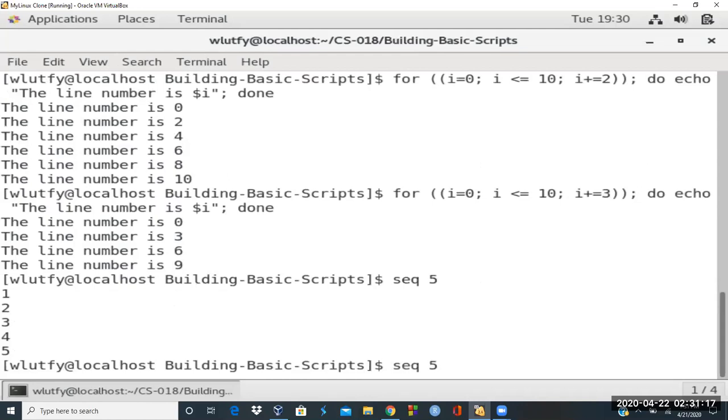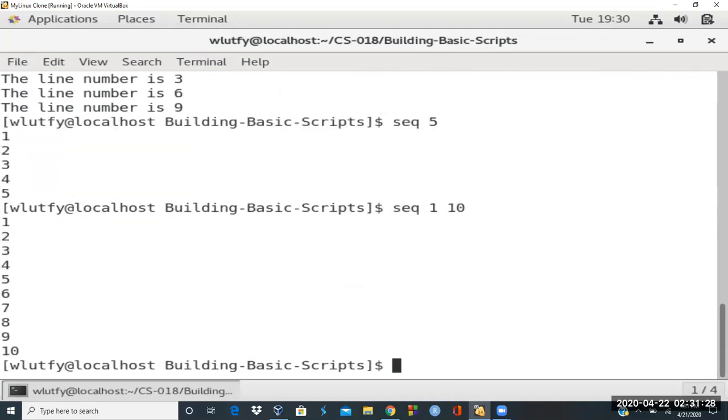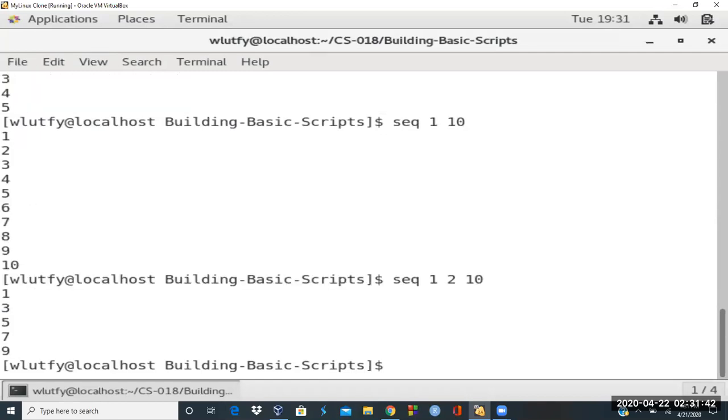But if I say 5 is starting and 10 is ending, let's say in this example above, we use 1 and then 10. So now it's going to just print 1 through 10. That was my first for statement. And now if I want to do that with an increment of 2 in between, I could do that. An increment of 3,